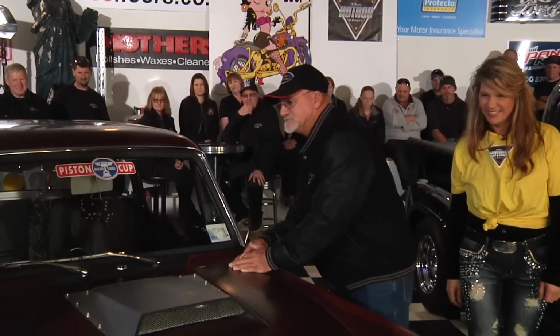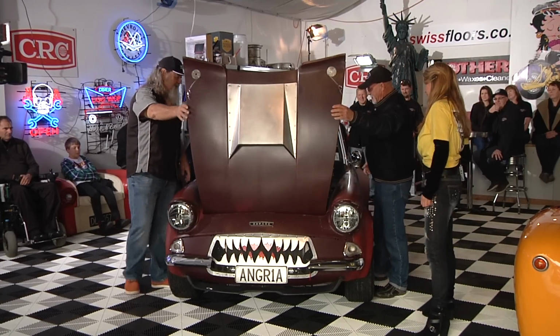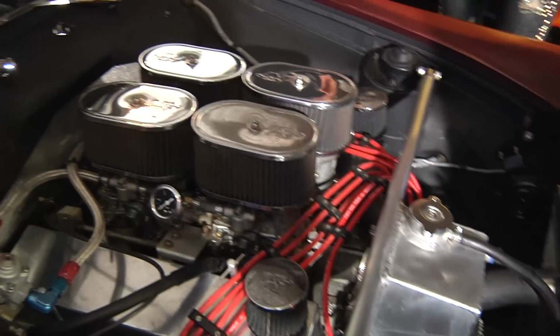Can we whip the hood up? Absolutely. Pull that pin. I'll grab it in the middle. You got to check this out. Look at this. You wouldn't know all that was under there when you see this V8 coming down the road. Yeah, it's a V8. What size? It started...